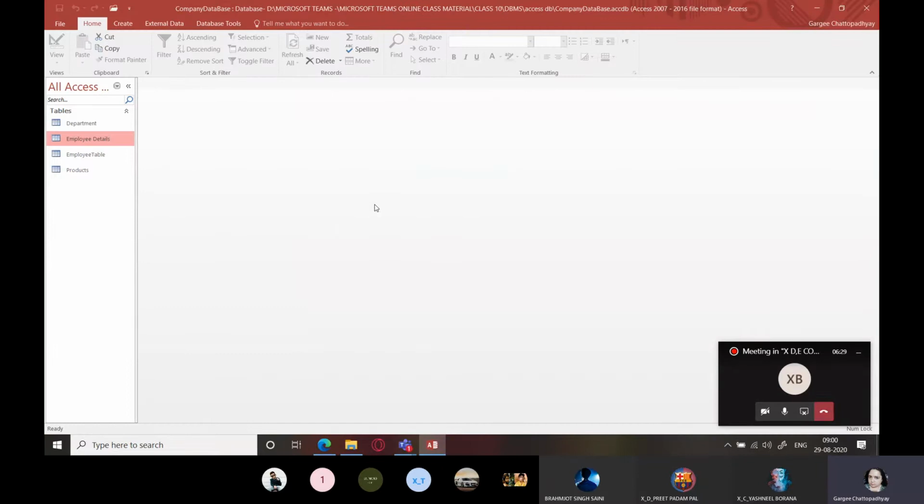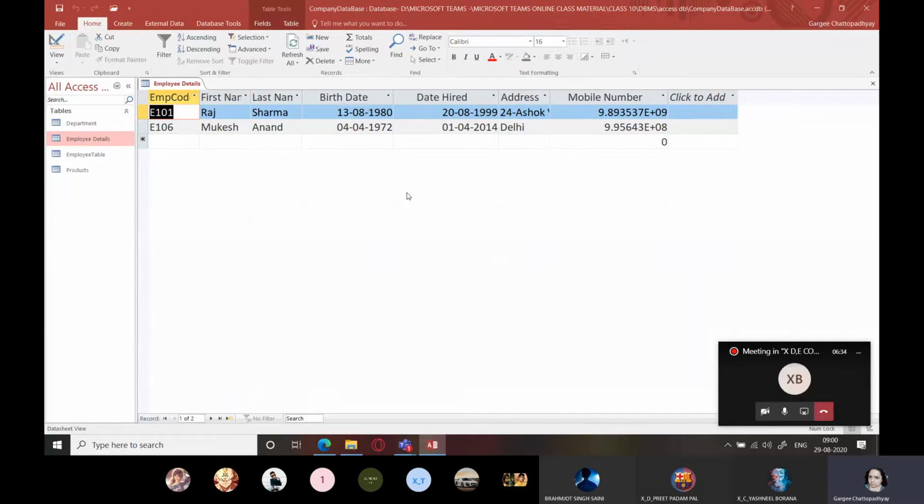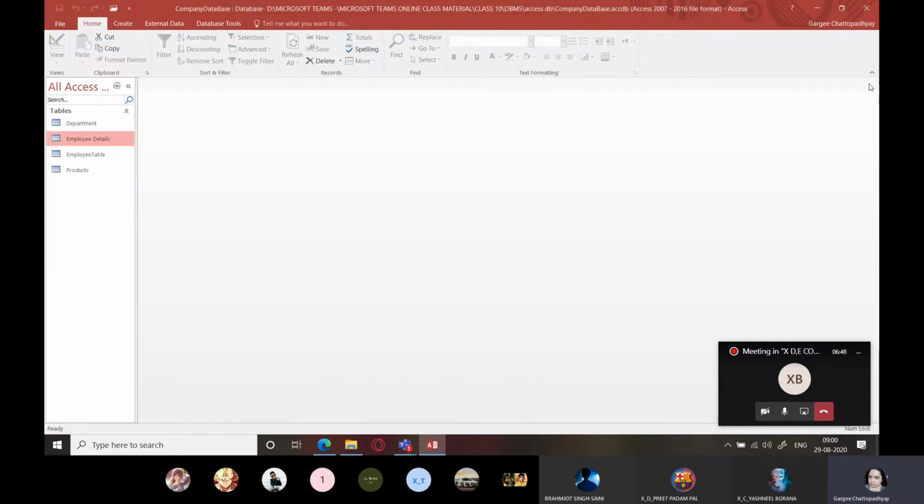Default value property means providing a default value to a field. I'm opening the employee details here, and I want to give a default value to this. Let me start with an easy one.